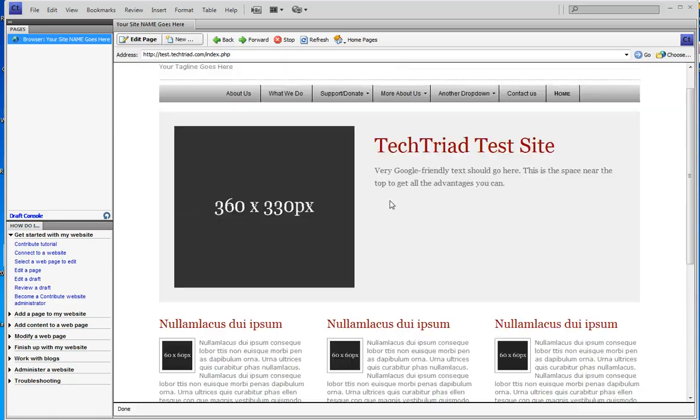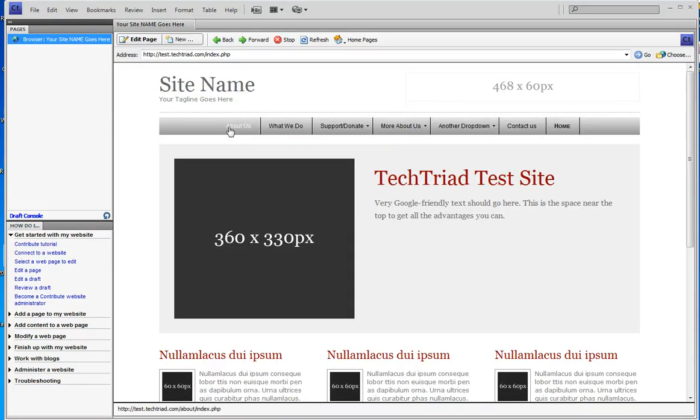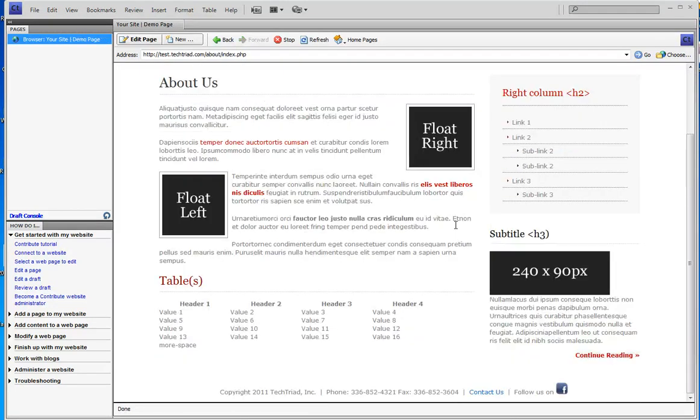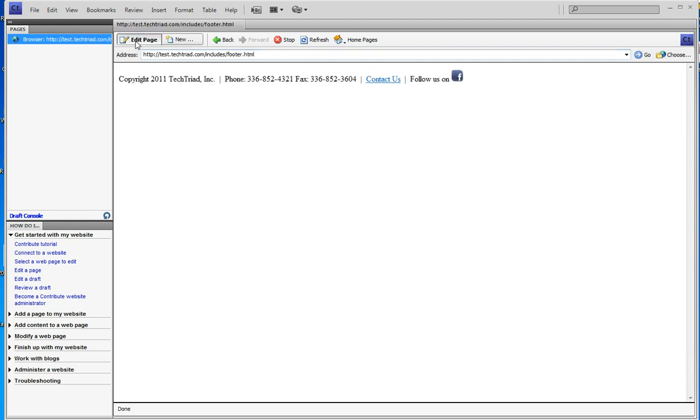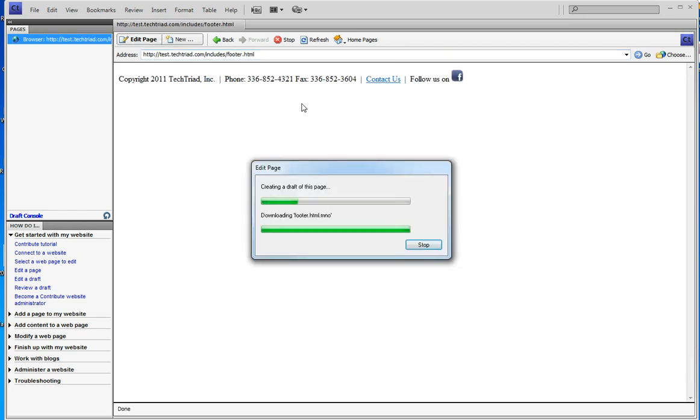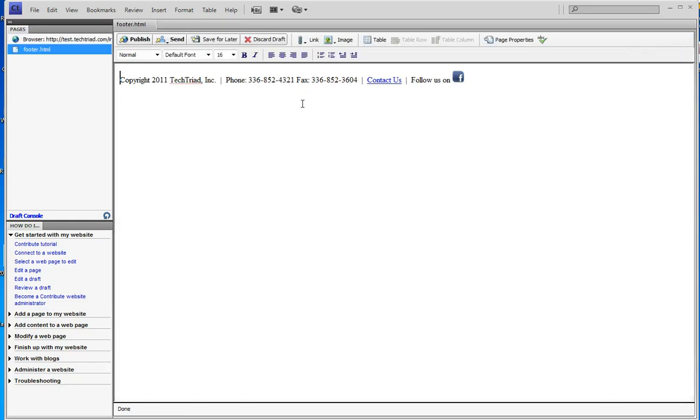Now, let's say what I wanted to do was go to the About Us page. There's my footer. And I notice that I'm not linked on my Follow Us on Facebook link. To do that, I need to edit that same page, Includes footer.html. I go to edit the page, and I do the link in here